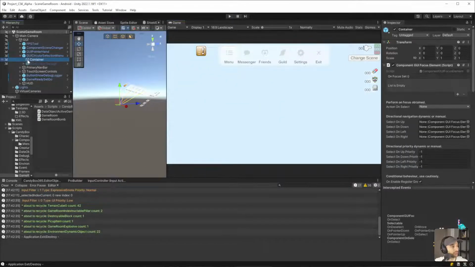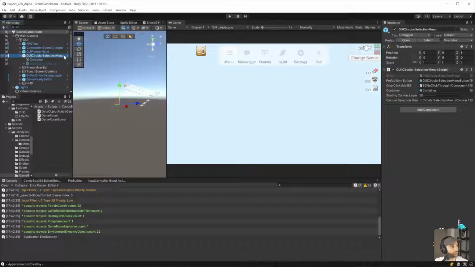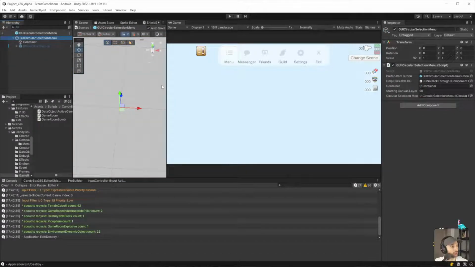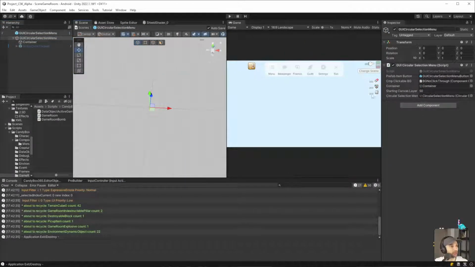So if we go to circular menu, open it up in the prefab. Okay, so starting canvas layer 50. That's what it should be, right? And then it's dynamic. The way that I have it set is that if I need it to be in front of something else, I just pass the starting layer to it, and it'll override this, and it'll be used as the starting layer, and it'll increment upwards from that.